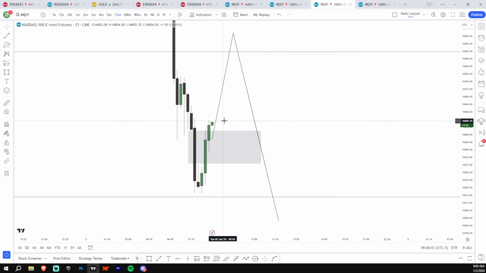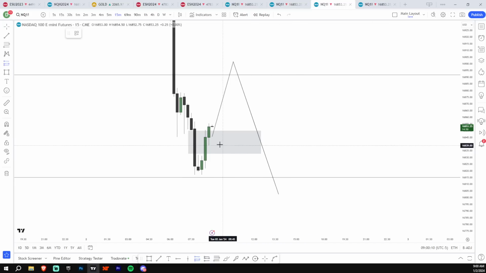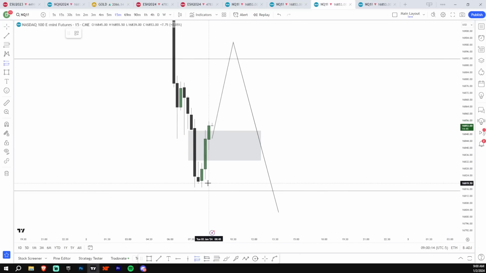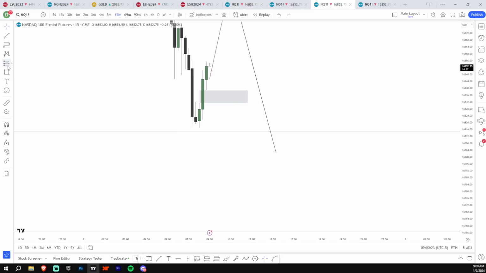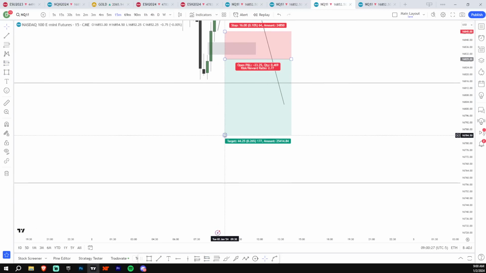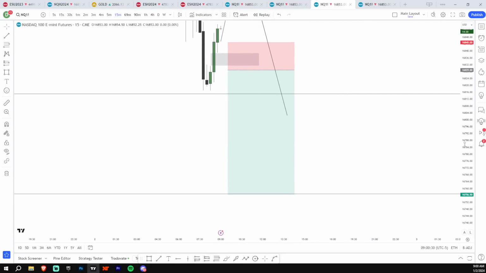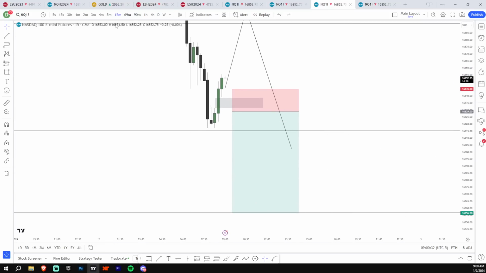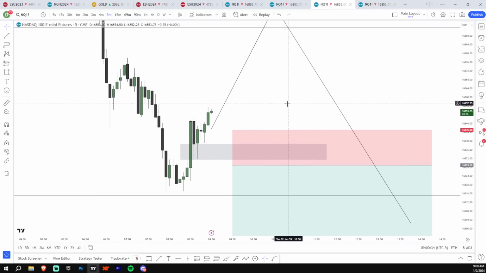So there is the long entry. Which I am not taking. I will watch. I'm not taking it because we have equal lows below, and it's against my rules to long with equal lows below. So I cannot do anything about this. The only short that we could get at the moment is if we violate this, and then this would be a very good RR. This would be about a 4.5 if we got that. But until we get something like that, I'm not shorting.